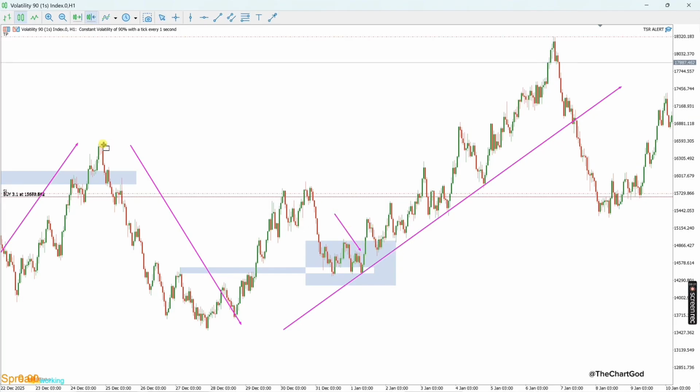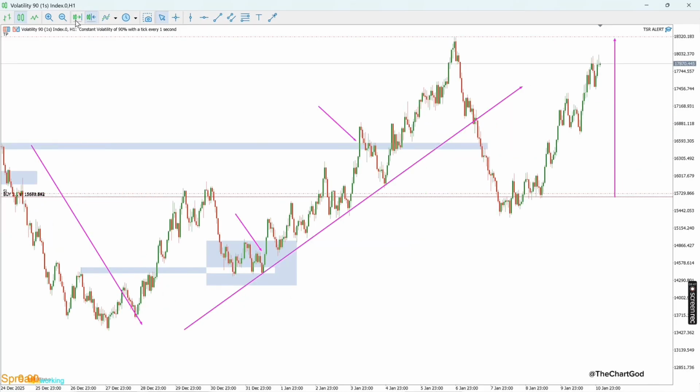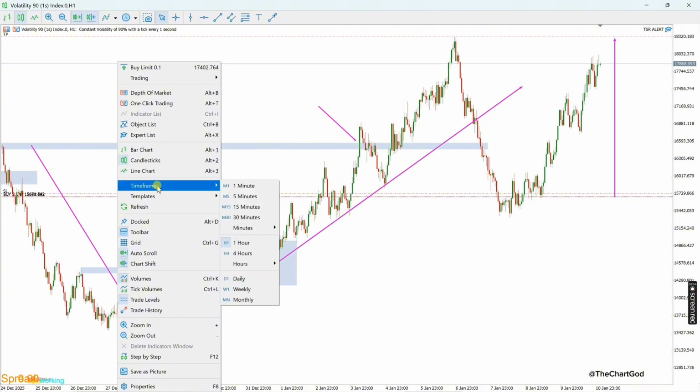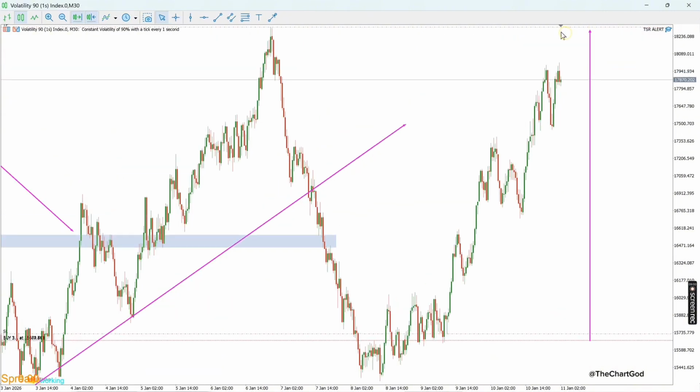Moving on, the buying pressure of that move caused price to rally to the upside, breaking our previous major high, confirming the general higher high structure on the 4 hour time frame. At this point, all I needed to do was to scale to a lower time frame and wait for a valid retest. On the 30 minutes time frame, lo and behold, price made a valid retest and returned back into